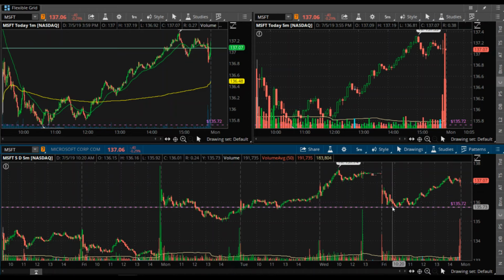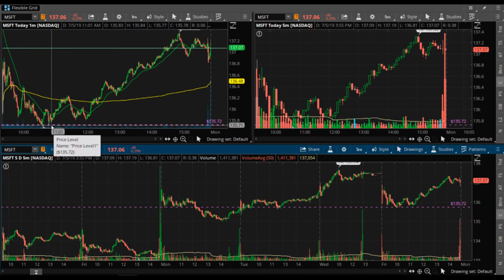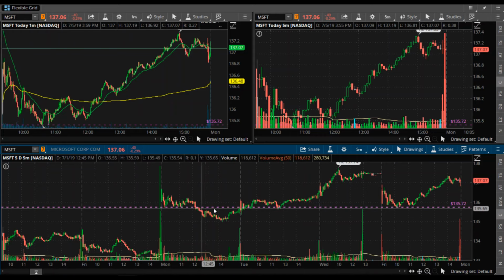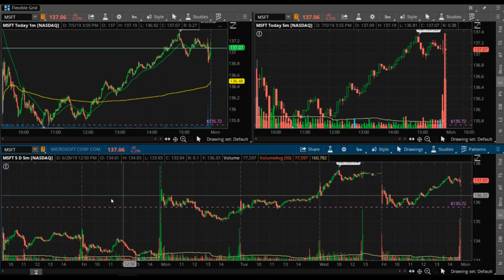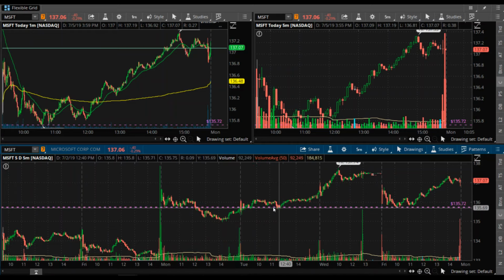So if this wasn't here today, looking at this chart, I can see that this would be a line of consolidation down here. It was support down here. So as Microsoft is dropping today, when it gets down to that line, I can see that that might be a potential area of support because it was here once and here twice. So if I have this line drawn from a previous 5-day chart, I can see where along the last 5 days that was an important line for this